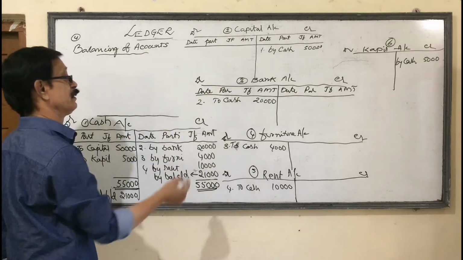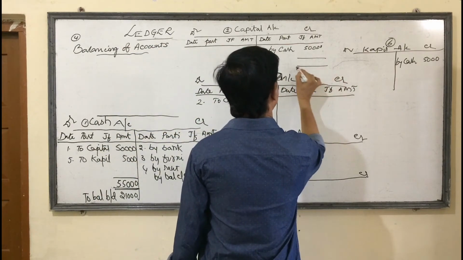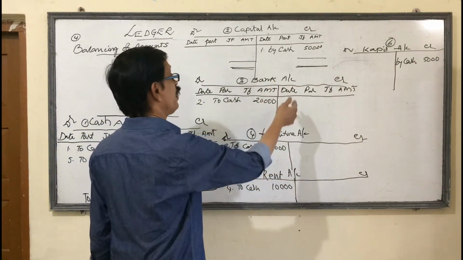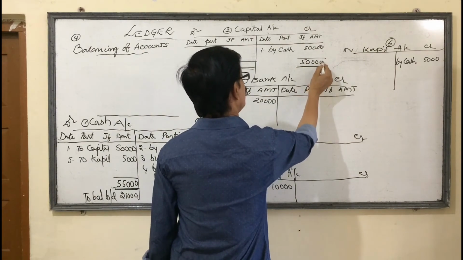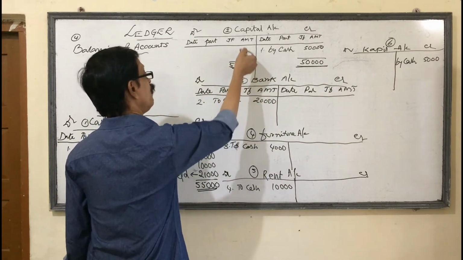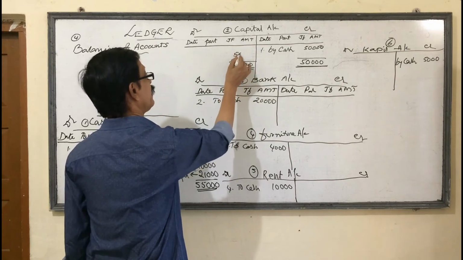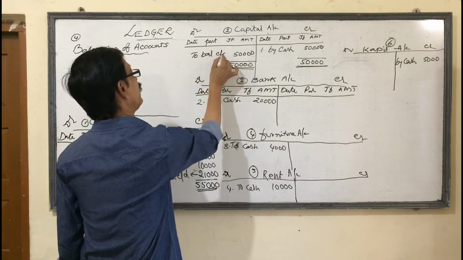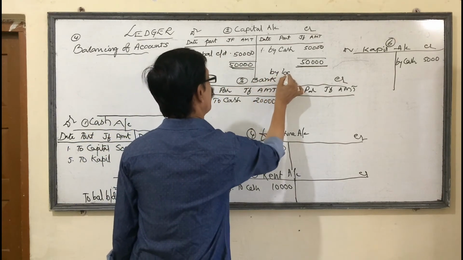Now come to capital account. Here also we have to take two parallel boxes. Which side is more? We have to total. That means which side is more? Credit side is more. So credit side total is 50,000. The same total is taken on opposite box. How much balance here means? Here 0 is there, nothing is there. That's why the balance is nothing but 50,000. Here you have to write down to balance carried down, and the same balance is carried forward to next month by balance brought down.